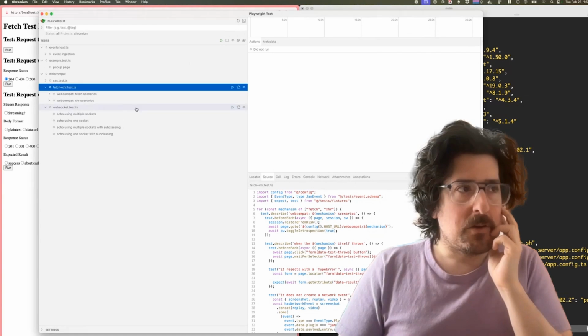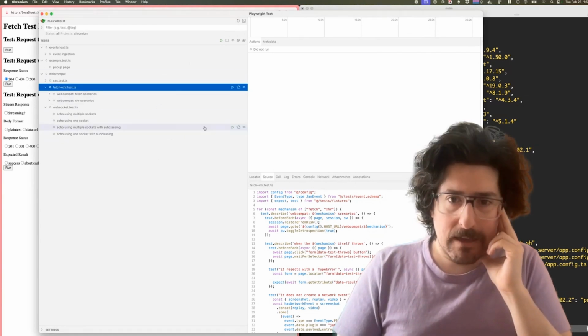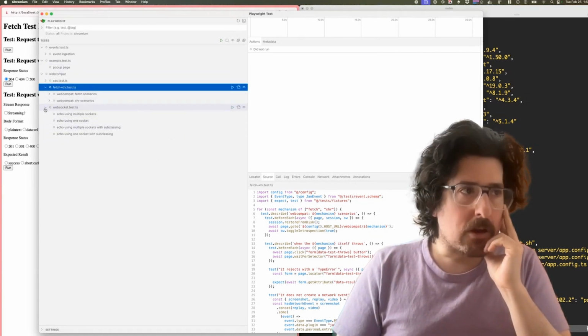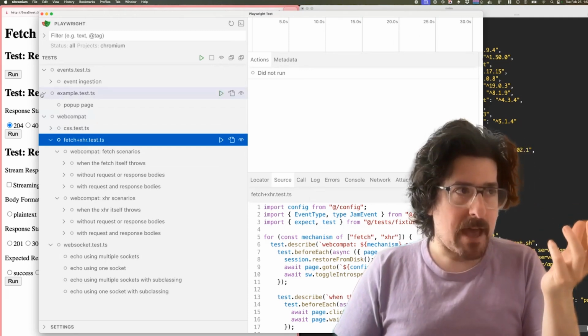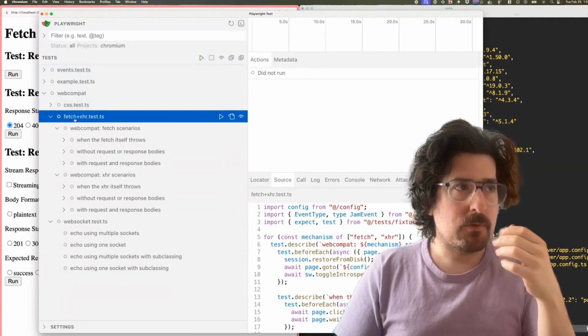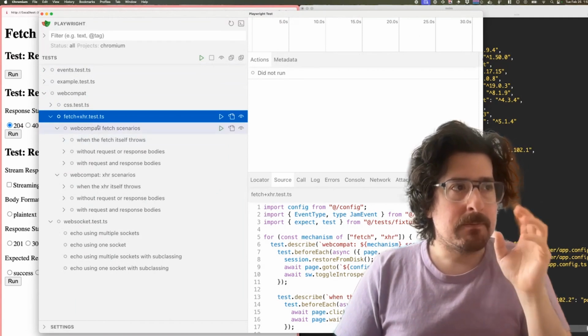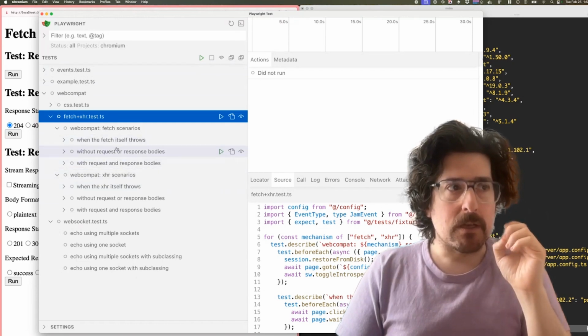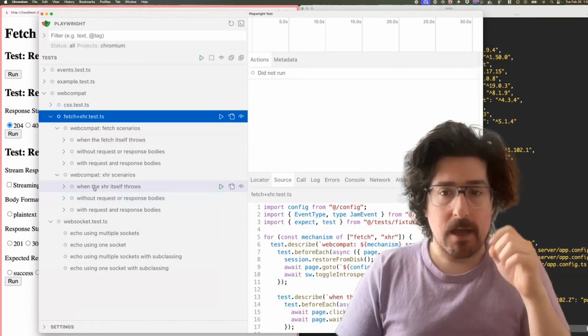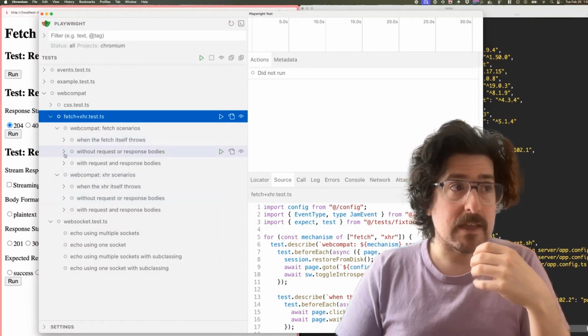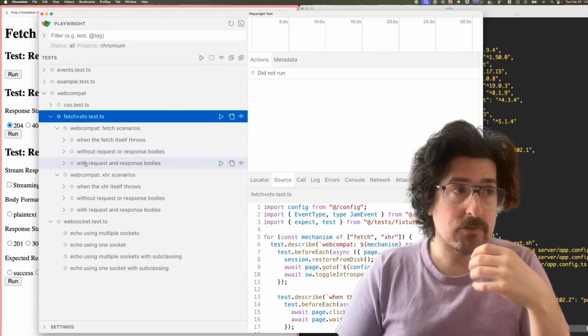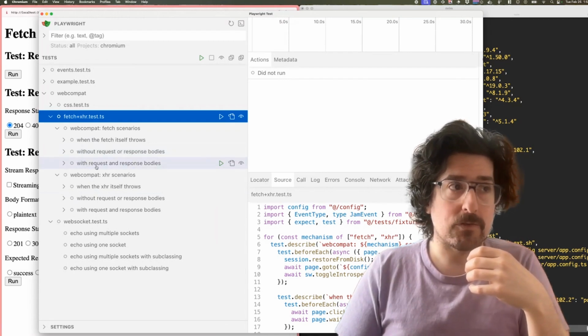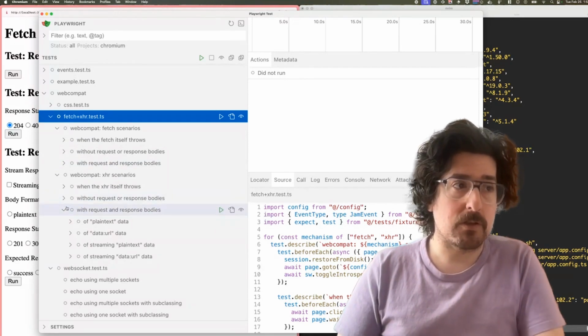Yeah. Oh gosh. Sure. I can open up the little test suite UI. So here is the UI for our tests. We have these web compat tests that we're running. We don't really care about example or events right now. And we have these fetch scenarios and XHR scenarios, and we are using the same structure for both of these. We want to see if the fetch throws, if the fetch has request or response bodies, or doesn't have request or response bodies. When it does have request or response bodies, we want to go and see: